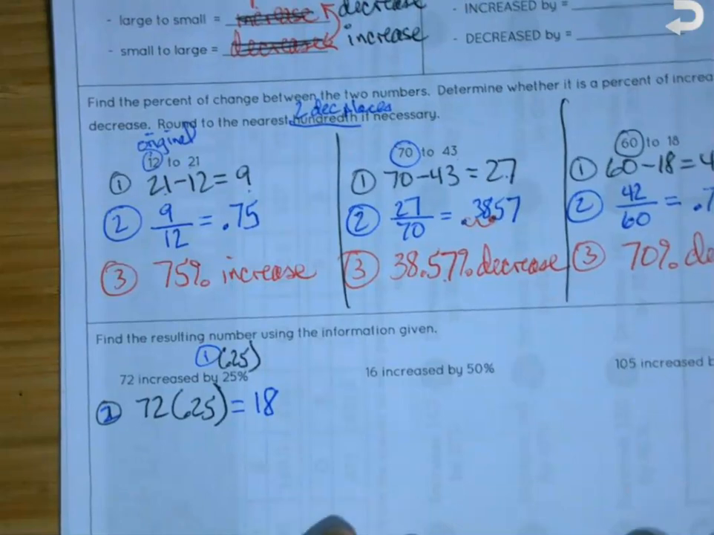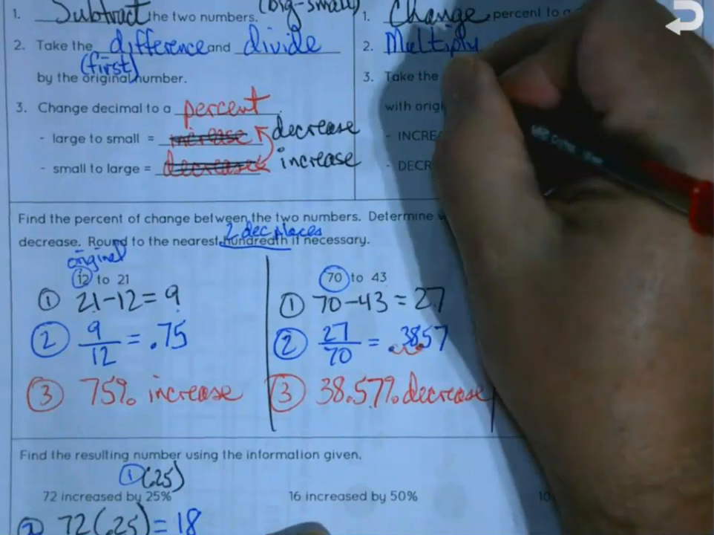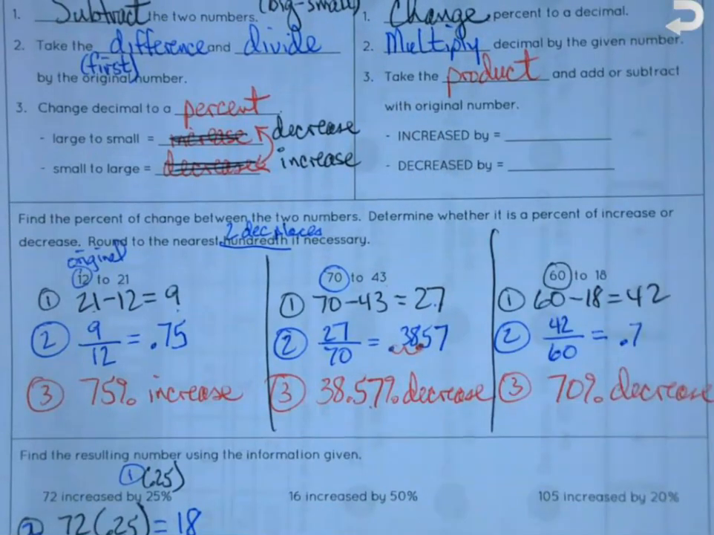And then my last step, we're going to take the product, our answer from number 2, and add or subtract it from the original number. Okay? If it's increased by,